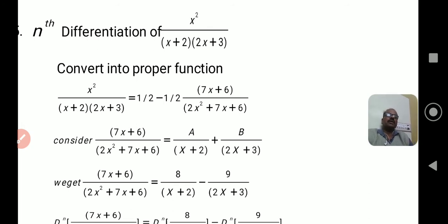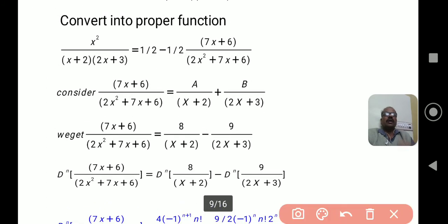We have the procedure from the second PU or 8th or 9th standard, we learned many examples on the basis of this. Until and unless we get a proper fraction, we cannot follow the procedure or find the nth derivative here. You should remember. Okay, observe the result. How to get a proper fraction here?